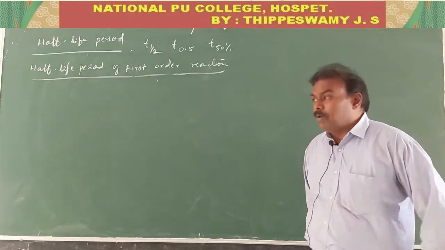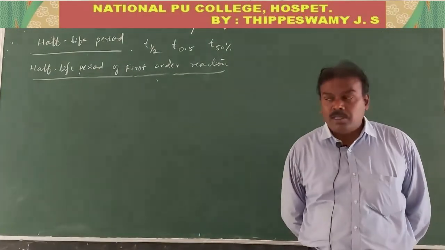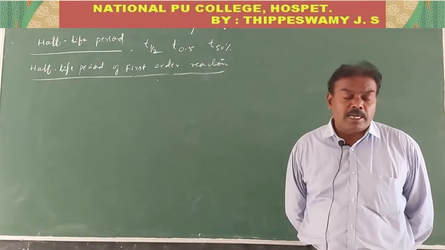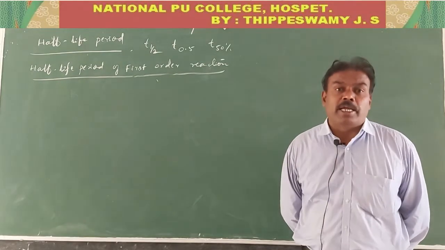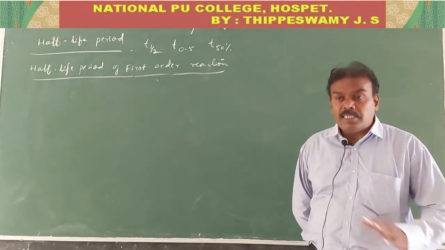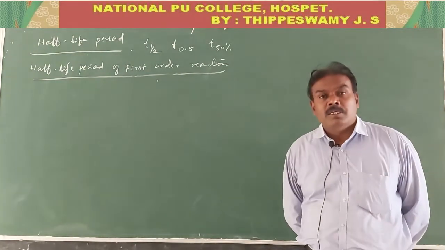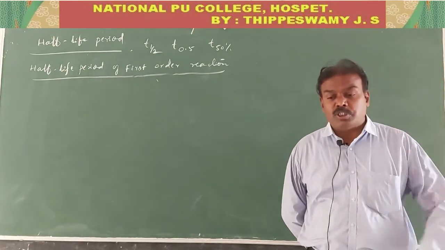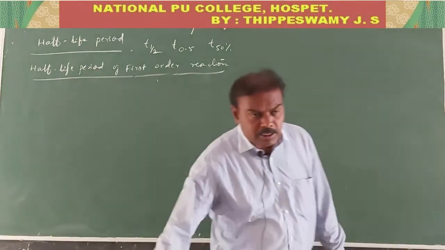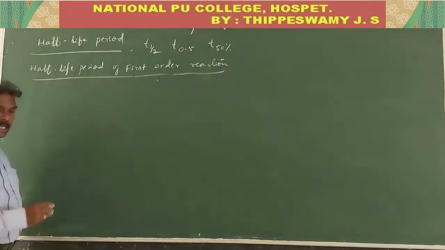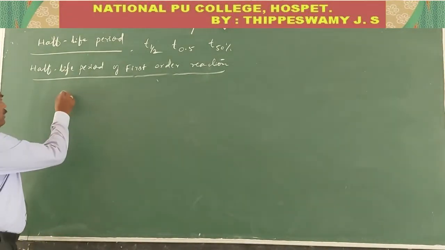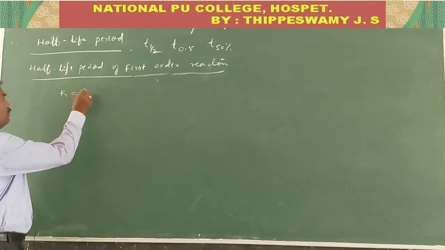We studied that, according to that derivation for a zero order reaction, t half is equal to R naught divided by 2k. That is the final relation. In the same manner, we can take the half-life period of a first order reaction. We already discussed the first order reaction. According to the integrated rate equation for the first order reaction, what is it? K is equal to